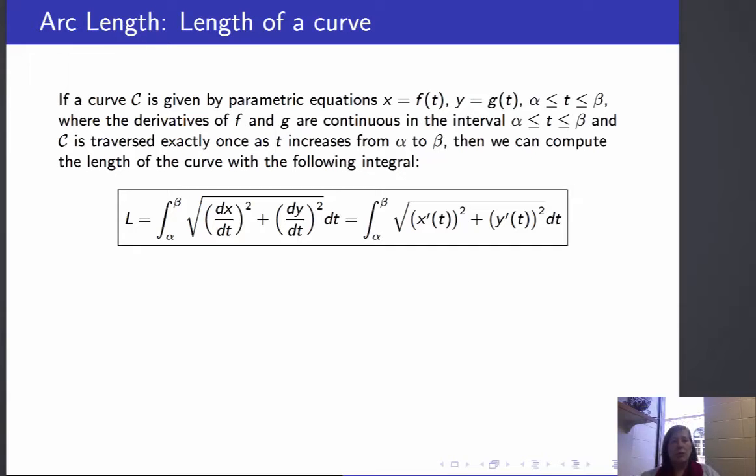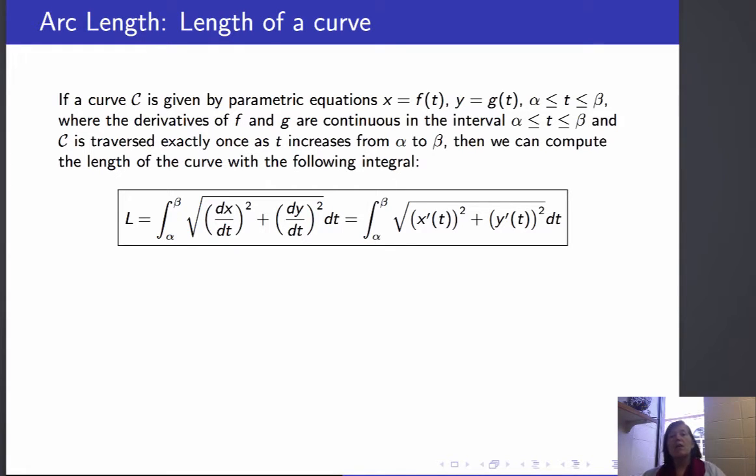We can rehash one last formula for parameterizations. We had a formula for the length of a curve, which we derived using Riemann sums earlier in the course. Now if we have parametric equations for a curve, x equals f of t, y equals g of t, we can do the same thing. We can take the limit of a Riemann sum to find the length of the curve, and the computation is